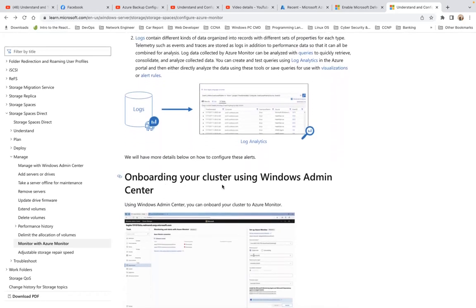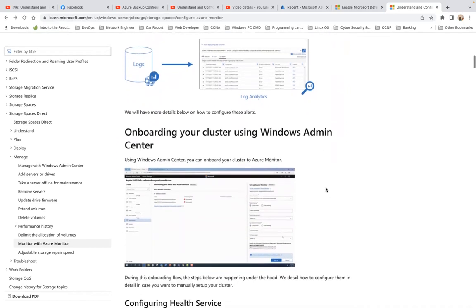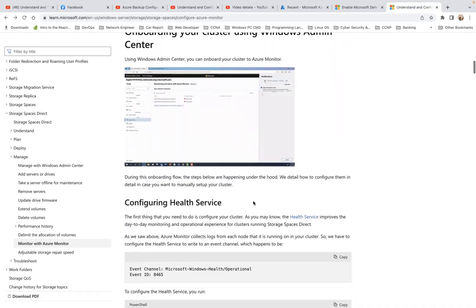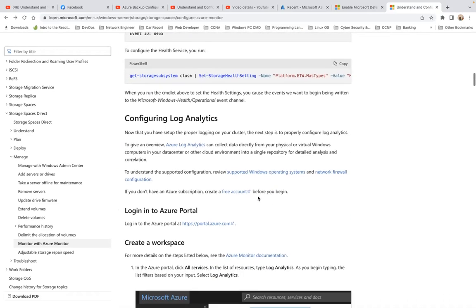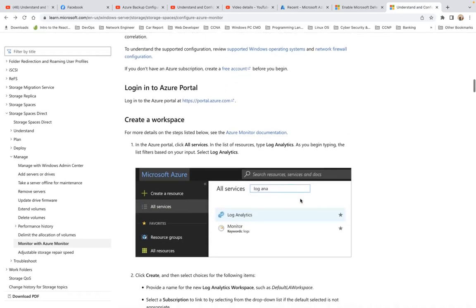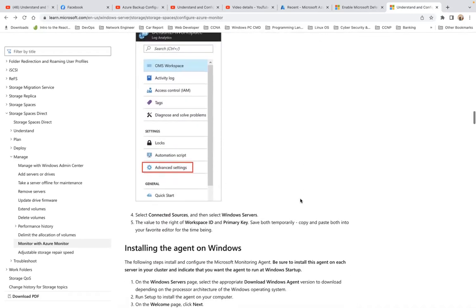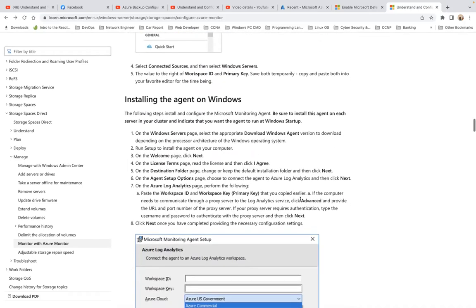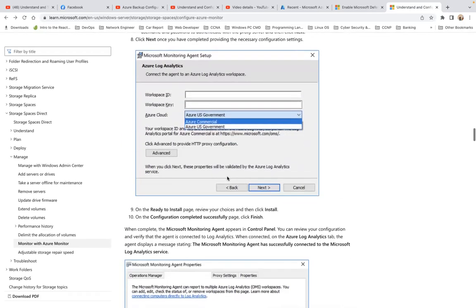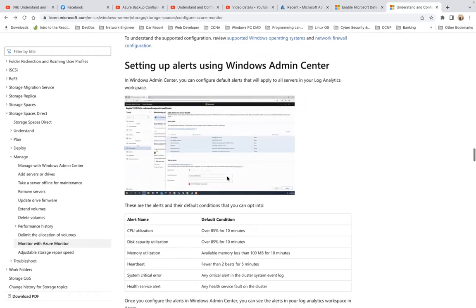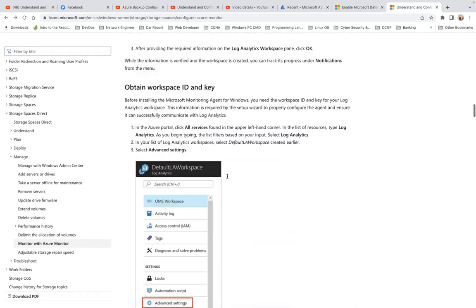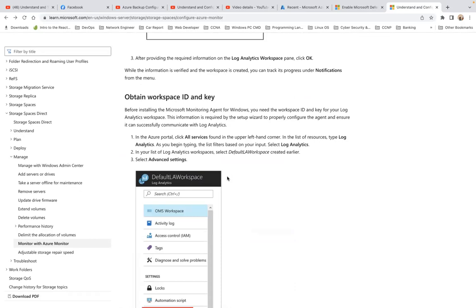So this is the onboarding of your cluster using Windows Admin Center and configuring the health, configuring Log Analytics, and so on. What we're going to do is pretty simple though. Install the agent on Windows. We're probably not going to reach all that far. So let's go ahead and just do what it takes to